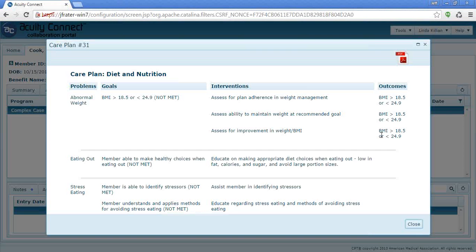Goals, interventions, and outcomes that are associated with a diet and nutrition concern that her mom was talking to the case manager about. That's right. Okay. Yeah, I remember after the case manager completed the assessment, she told me I would be able to find the care plan in the portal. Yep, there you go. Lots of information for you.